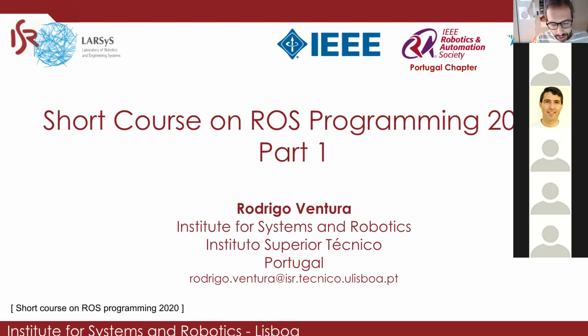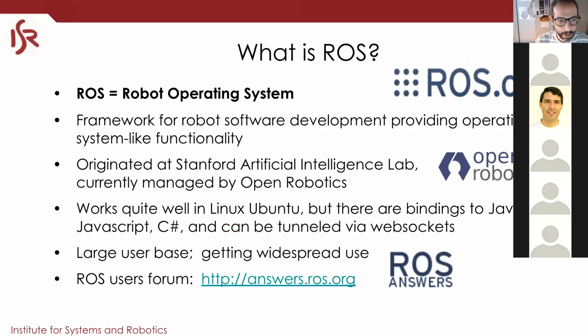Okay, so let's go. In this first part, we'll be covering the more high-level aspects of the ROS system, more theoretically, if you want to say. But before, just to first tell you what ROS is. ROS is called an operating system, even though it's not an operating system like Linux or a Windows system. It's an operating system in a broad sense of having a framework of libraries and software that can be used together, in this case being tailored for doing robot software, even though there is not much specific to robotics. So it's a middleware that can be used in many other applications, even though it was designed for that.